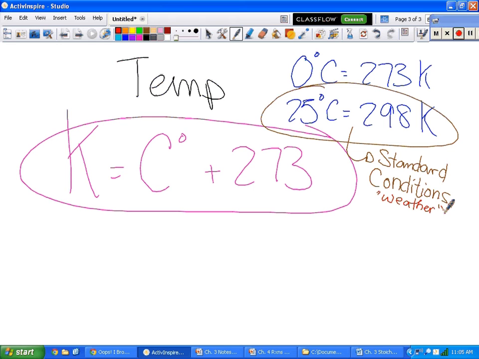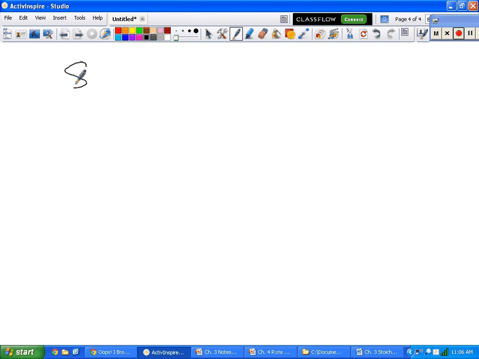It's not summer. It's not winter. Love it. Now, here's the deal. I need to point something out. Again, I'm just adding this bonus information. Standard conditions. And again, I don't want to waste a whole lot of time on this, but it is something important. You probably don't have to write this down, but